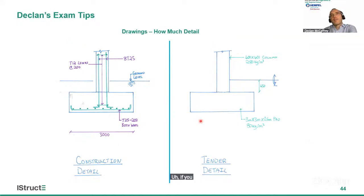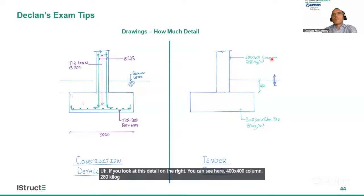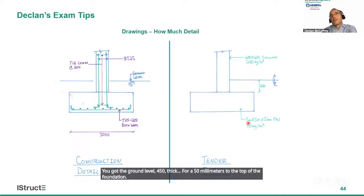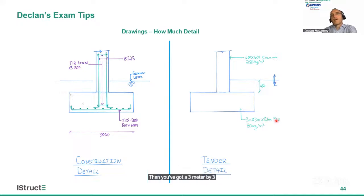If you look at this detail on the right, you can see a 400 by 400 column, 280 kilograms per meter cubed. You've got the ground level, 450 millimeters to the top of the foundation. Then you've got a 3 meter by 3 meter by 0.6 meter pad with 80 kilograms of rebar per meter cubed. A quantity surveyor would have that priced in a few minutes, I would say, and it's got all the required information he needs. Also, for yourself in the exam, this detail would probably only take 1 or 2 minutes, while the other one may take